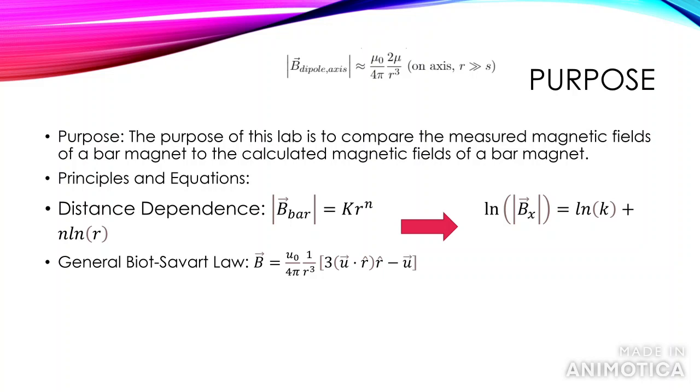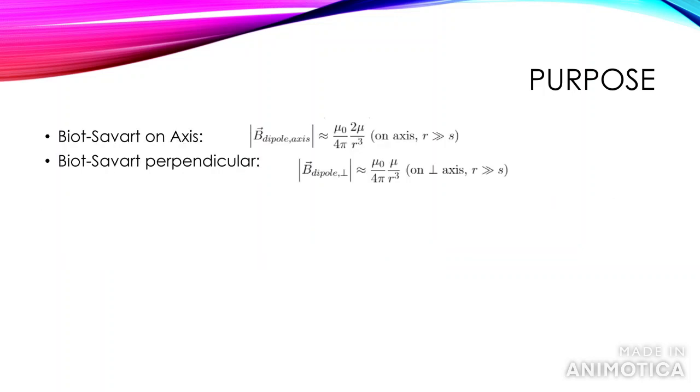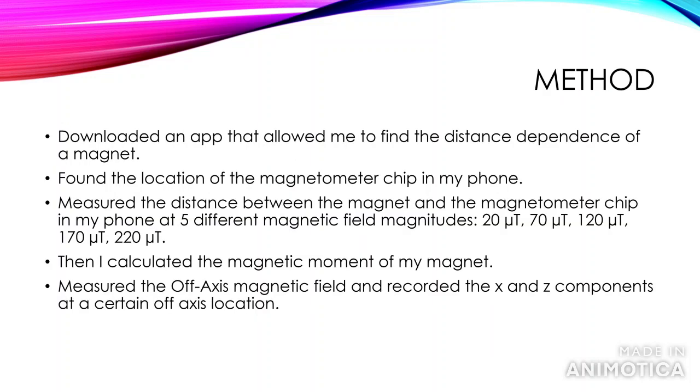I use two principles, four different equations. I use the distance dependence equation in two different forms, and then the general Biot-Savart law, the Biot-Savart law for a magnet, or a dipole, on the axis, and the Biot-Savart law for a dipole perpendicular to the axis. A little bit about my method: first I downloaded an app that allowed me to find the